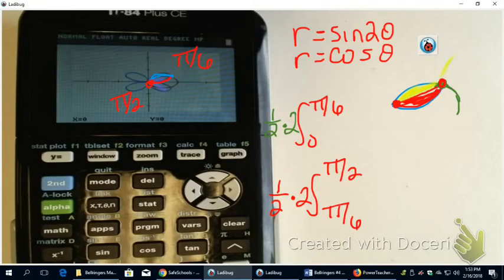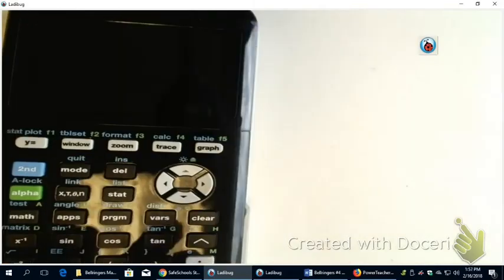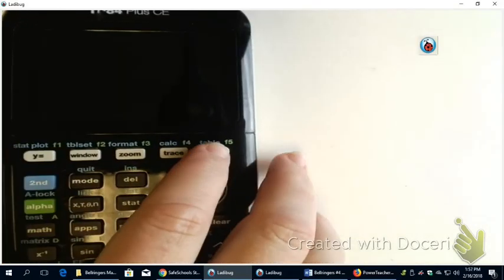Now, the 0 to pi over 6 one was the petal one, so this should be sine of 2 theta squared. The pi over 6 to pi over 2 was the cosine one, so that one should be cosine of theta squared. And what you do is you add those together. I'm going to go back for just a second and show you on the graph,